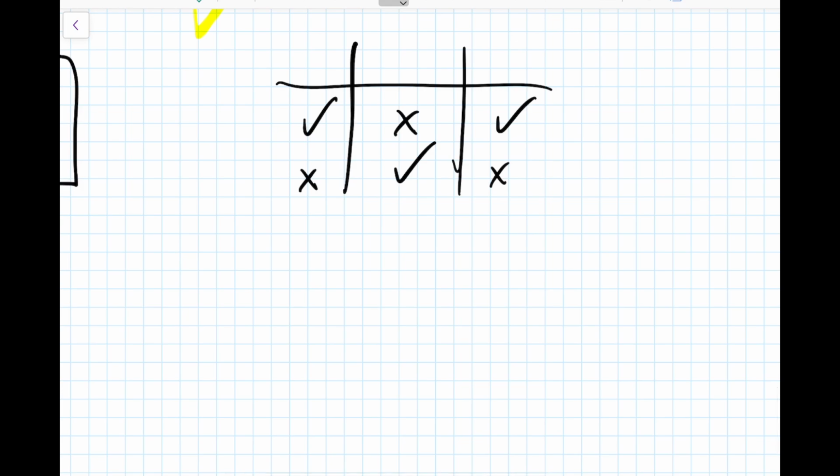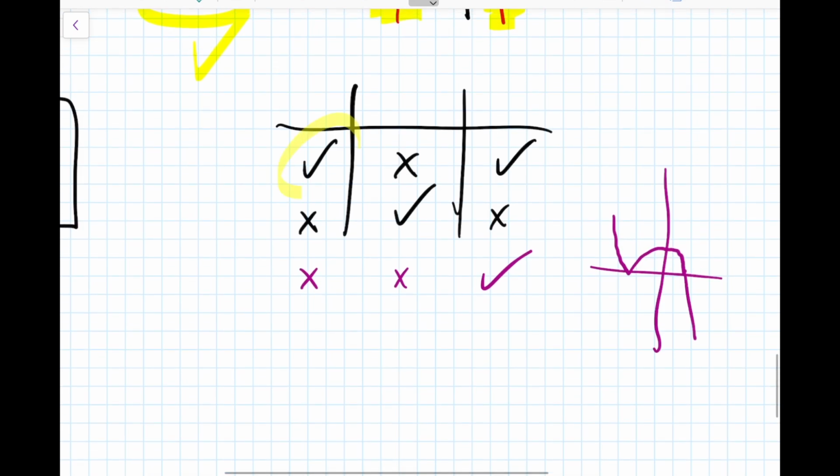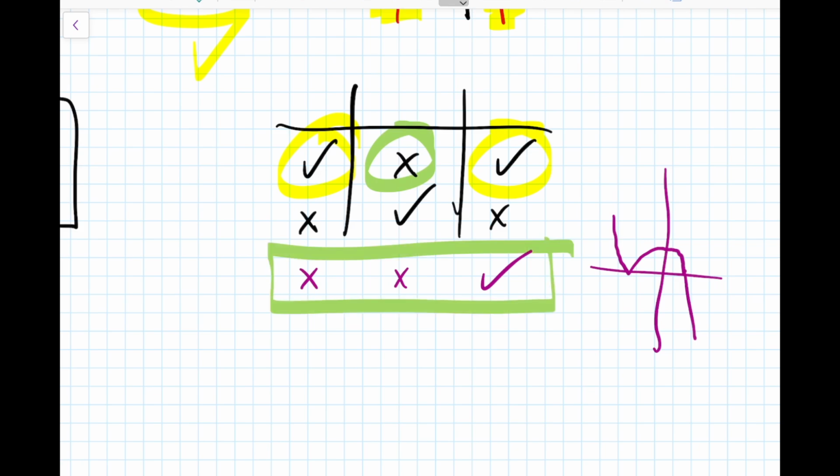But you're never going to have something that looks like this, because that would require your graph to be doing something like this, where, okay, the left piece is above and the right piece is above, the middle piece is above, but then the right piece is below. That's not a parabola anymore, right? So the two outside pieces are always going to be the same, and the middle piece is always going to be opposite. So never, ever try to give an answer like this,